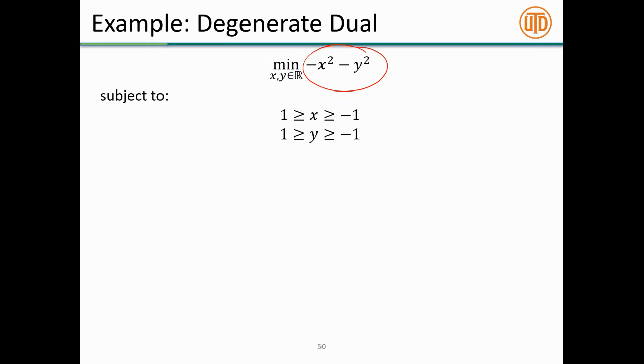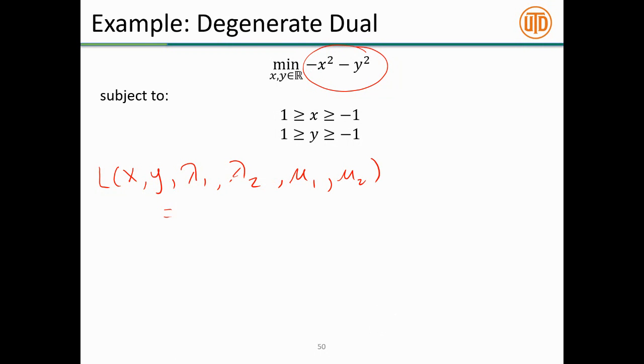That's right. There's always one Lagrange multiplier for each constraint. So one of the 2s has been convinced. There's one Lagrange multiplier for each constraint, and each one of those 2 lines up there actually is 2 constraints. So there's 4 Lagrange multipliers. So when we go to write down our Lagrangian, it's a function of x, y, and these 4 multipliers. Let's use lambdas for the lower bounds and mu's for the upper bounds.